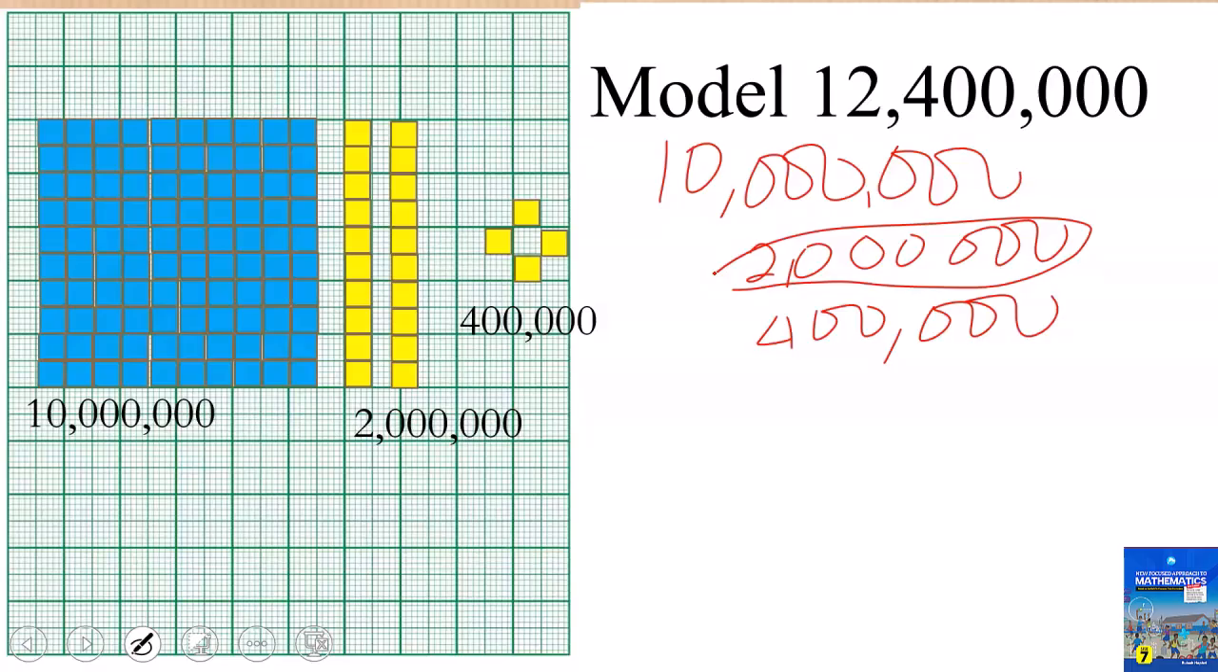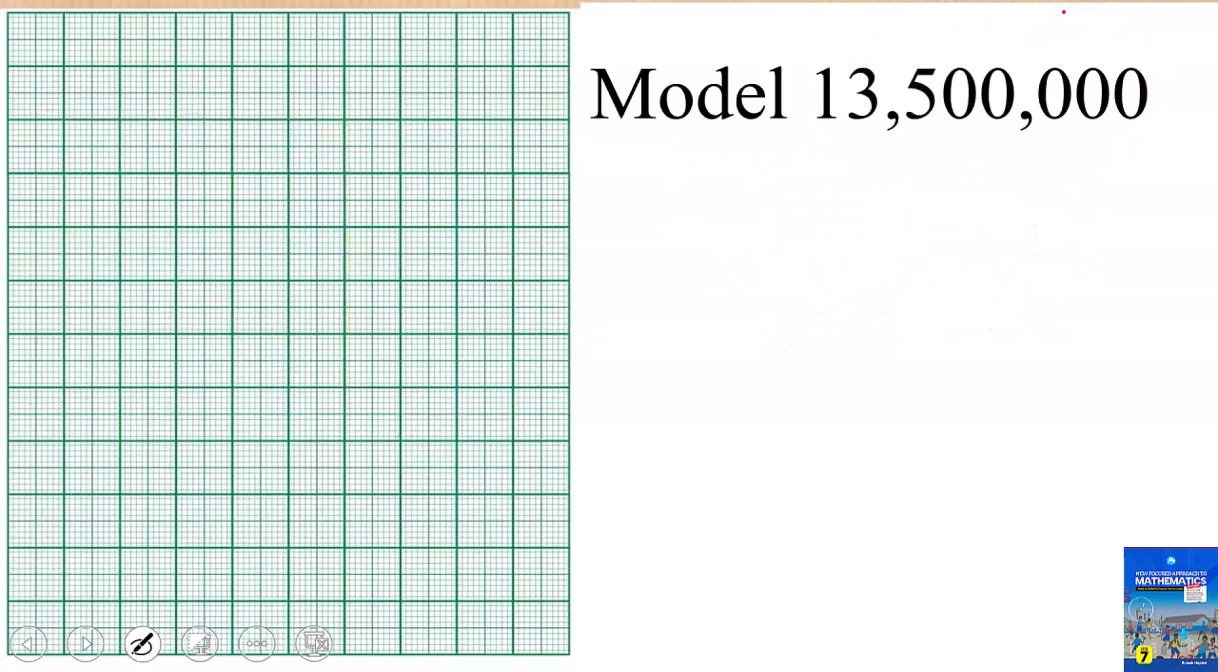12,400,000. So if you are asked to model 12,400,000 using your graph or any square paper that you can think of, or grid paper, this is how you can model 12,400,000. Now let's try another one. I want to model